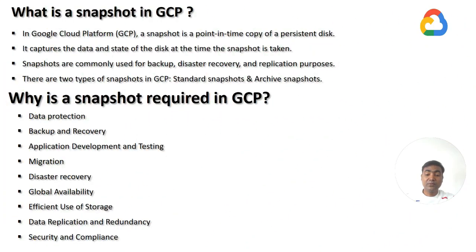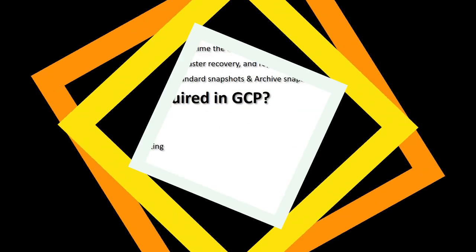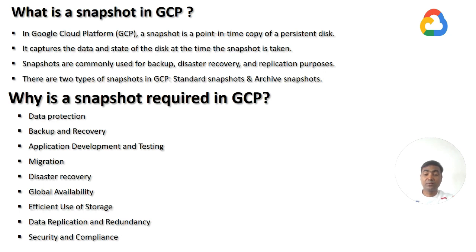Guys, I'll guide you why is a snapshot required in Google Cloud Platform. Snapshots are essential in Google Cloud Platform for several critical reasons that contribute to data protection, disaster recovery, and efficient management of persistent disk. You know guys, the data protection snapshot provide a reliable way to protect the data from loss or corruption. They capture the entire state of a disk, including the operating system, application, and data at a